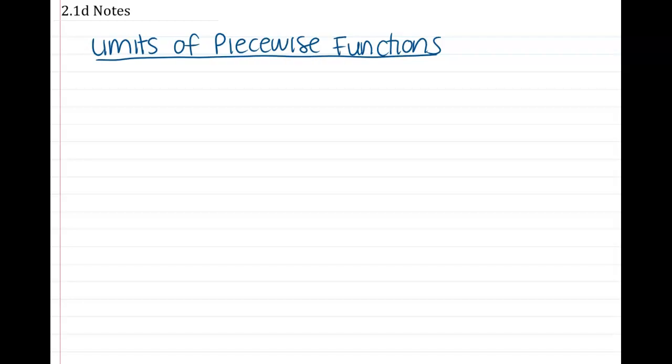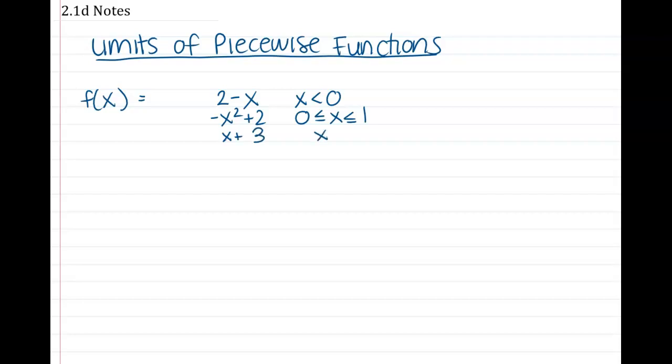Let's say we have the function f of x equals 2 minus x when x is less than 0, negative x squared plus 2 for 0 is less than or equal to x is less than or equal to 1, and x plus 3 for x is greater than 1. If we want to graph this, which sometimes we will,